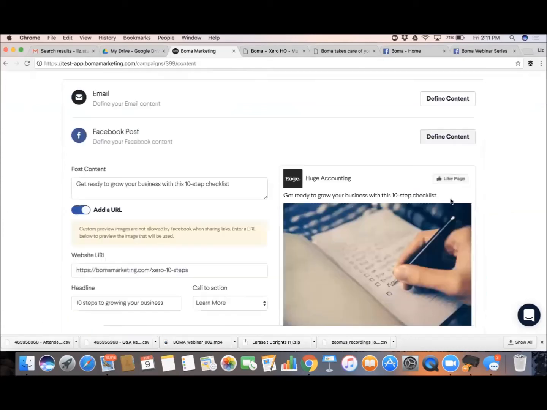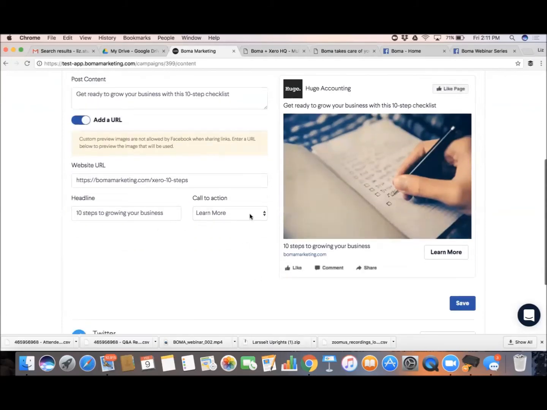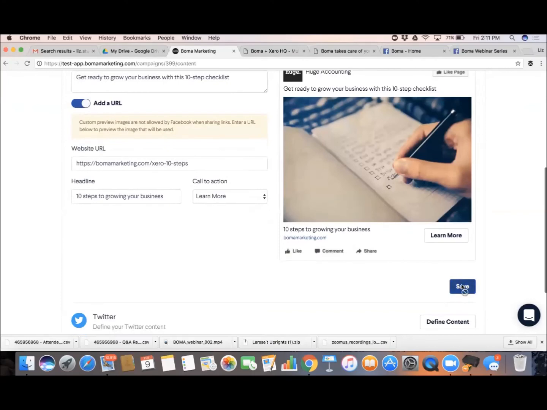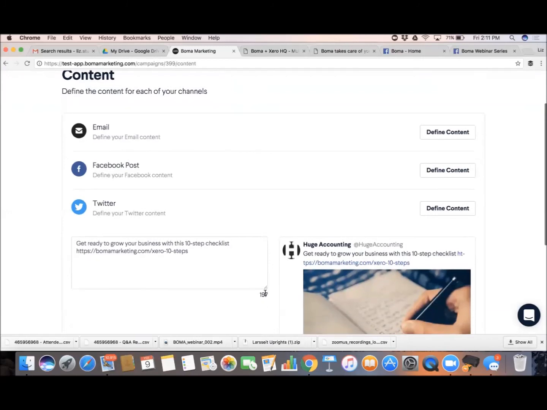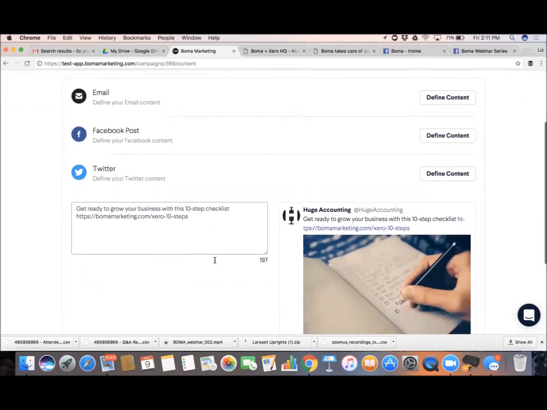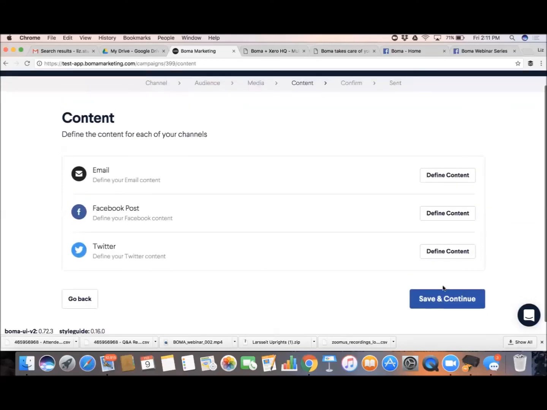If we look at Facebook, you can see that there is a post content introduction here already, which you can see in the post. You can change this. You can change your headline, your call to action. We'll close that and look at the tweet. And you can see a number counter down the bottom here, so that if you can see that number counter is going down. That basically tells you how many characters you have left in your tweet, and you can make all those changes here. Click Save, and we'll go on to